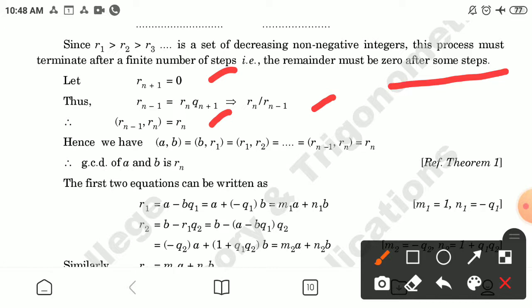Therefore, the greatest common divisor of r(n-1) and rn is equal to rn. Hence, we have the greatest common divisor of a and b equal to the greatest common divisor of b and r1, equal to the greatest common divisor of r1 and r2, and so on, up to the greatest common divisor of r(n-1) and rn, and this will be equal to rn. That is, therefore, the greatest common divisor of a and b is rn. The first two equations can be written as